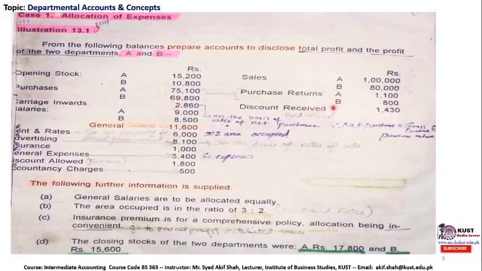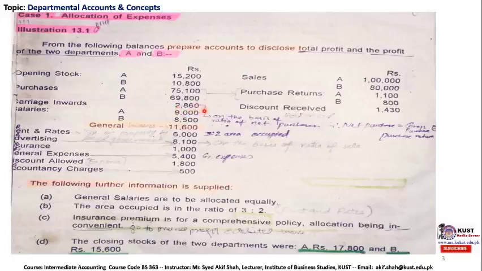So if we net out the purchases of department B, it would be 69,000 only, because we have returned 800 of commodity or inventory or products. Carriage inward is basically an expense on the purchases. It is an expense to bring these purchases into our stock or our company. So these are part of the cost of goods sold statement, which you might have studied in cost accounting. So the carriage inward is